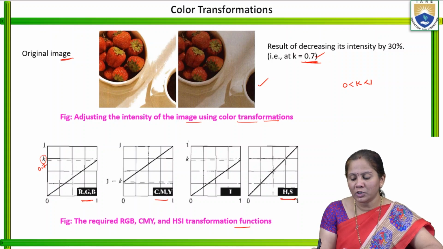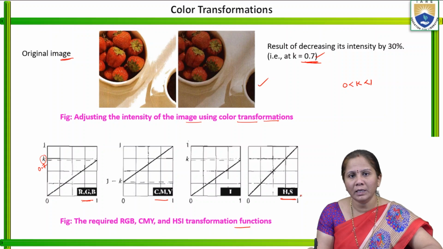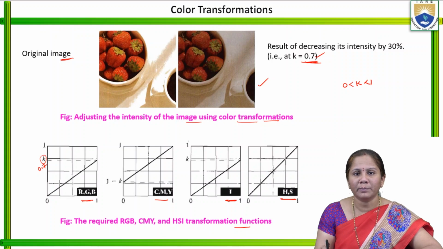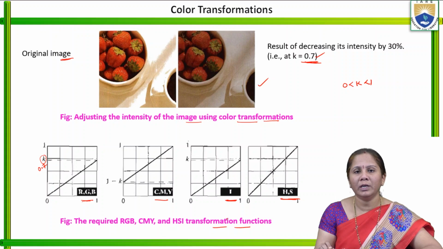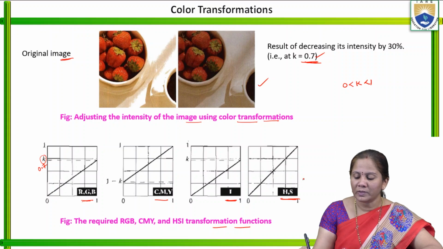If you take HSI to modify the intensity, I is the only component we are going to consider. Separately, the transformation is represented for I, whereas H and S remain constant: R1 is equal to S1 and R2 is equal to S2. So the entire information regarding the 3 color models for modifying the intensity is represented in these figures.